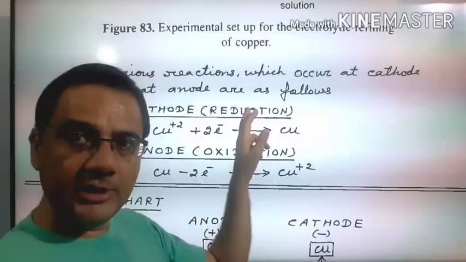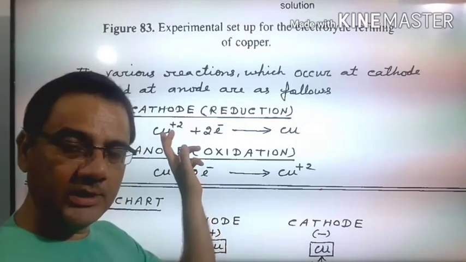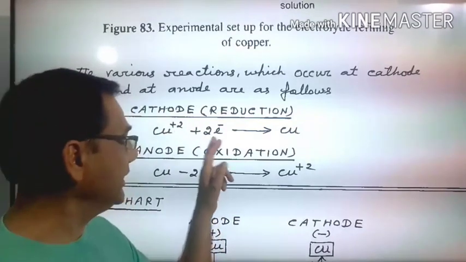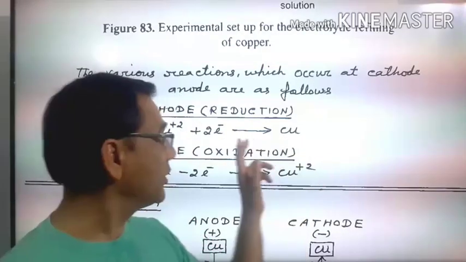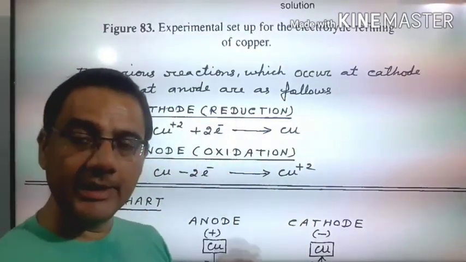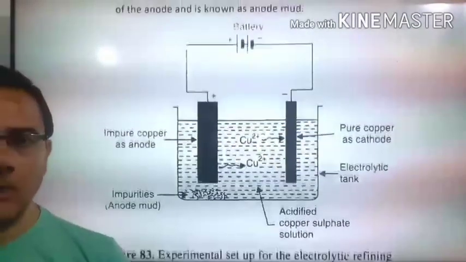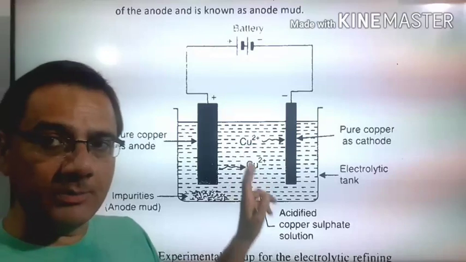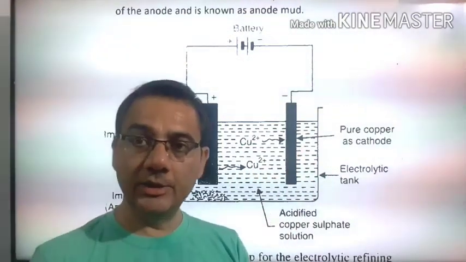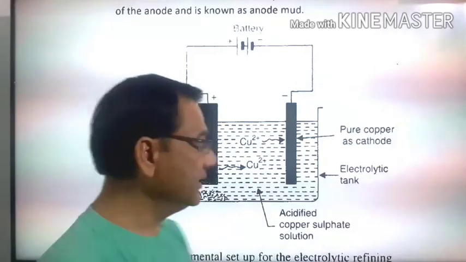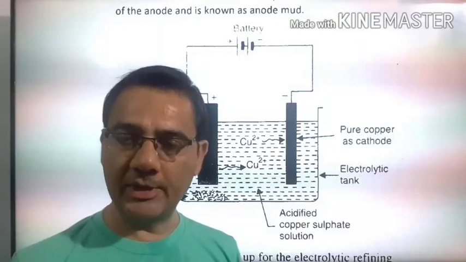At the cathode, which reaction takes place? Those copper plus 2 ions which are present in the solution start moving toward the cathode, gain 2 electrons and convert into copper metal, and this process is called reduction, because this is a gaining of electrons. So these copper plus 2 ions move towards the cathode, and after gaining the electrons they get reduced, और जैसे ही reduce होते हैं they get deposited at this electrode. इसकी surface के ऊपर चिपक जाते हैं.